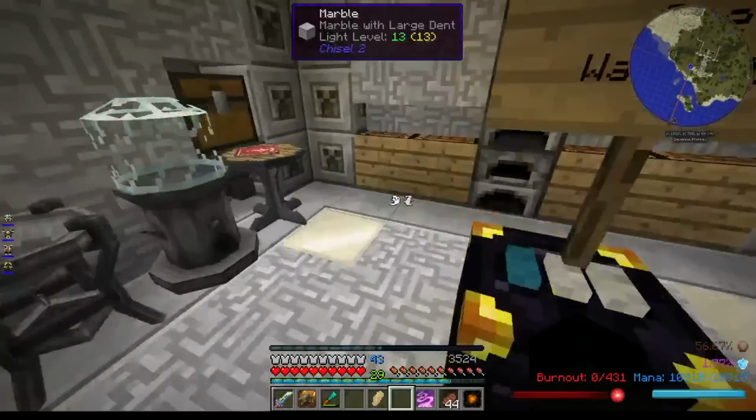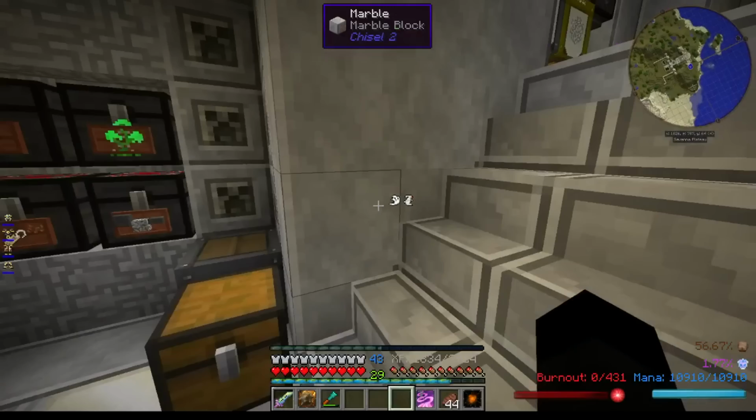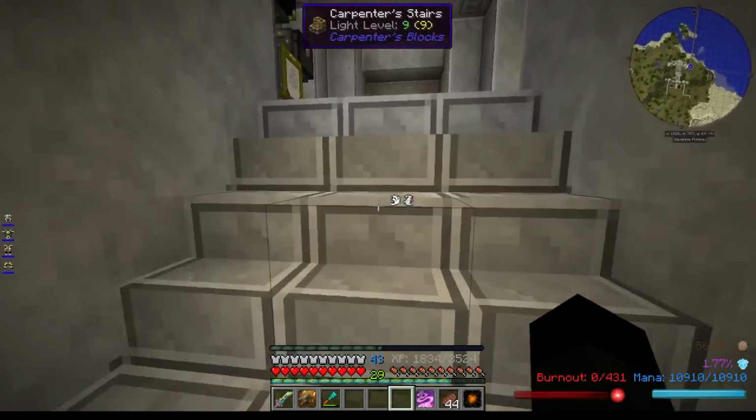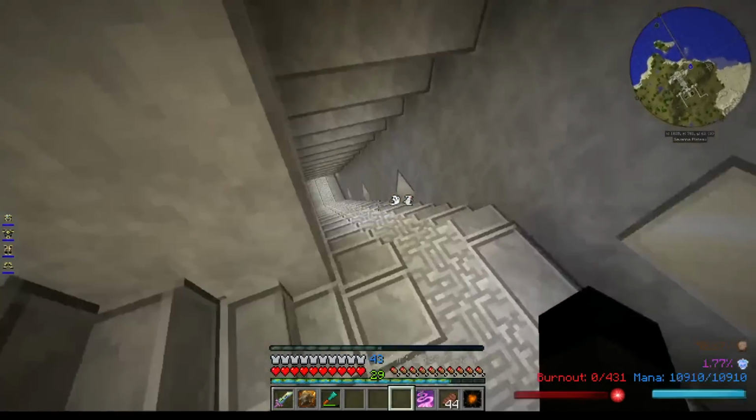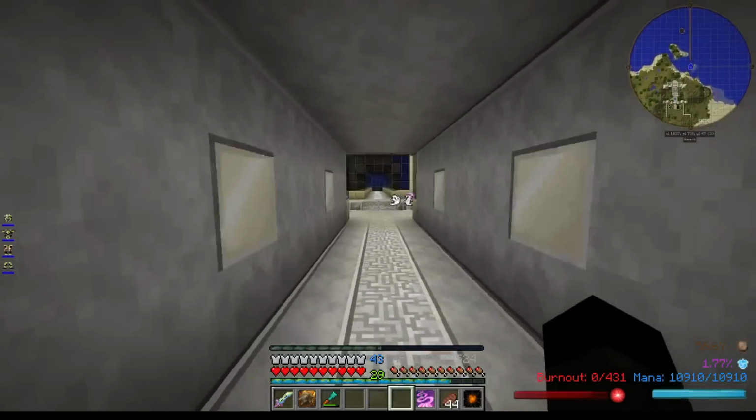Do I know pig fat? No, I don't. So we'll learn pig fat because it's got an exchange value. Right. So to continue and get to the next tier of blood altar, we're going to need to